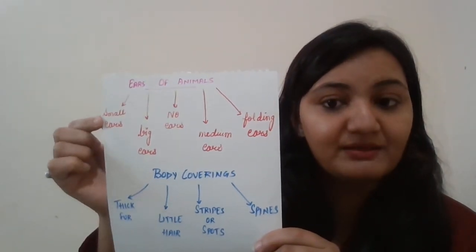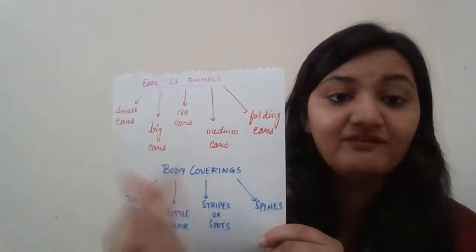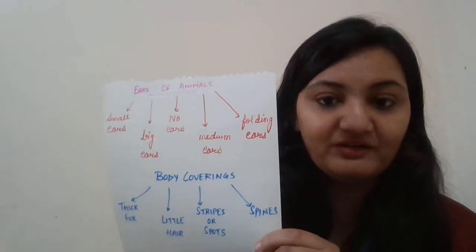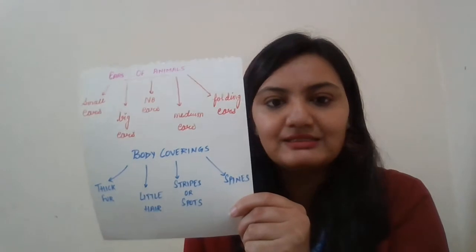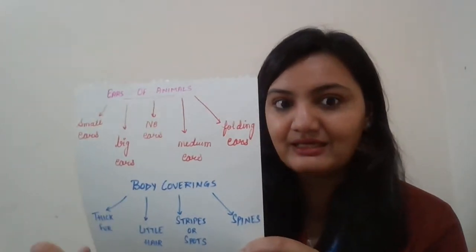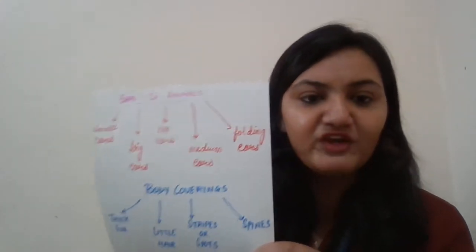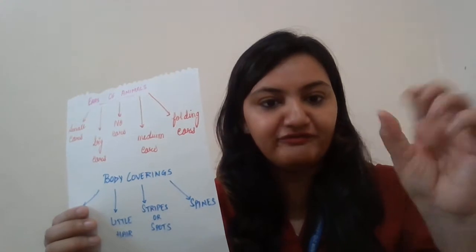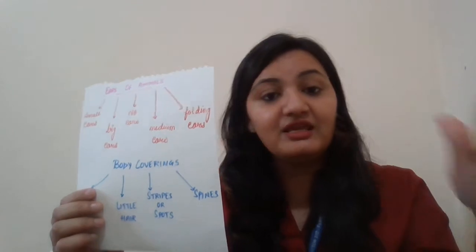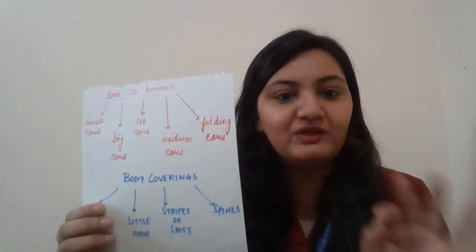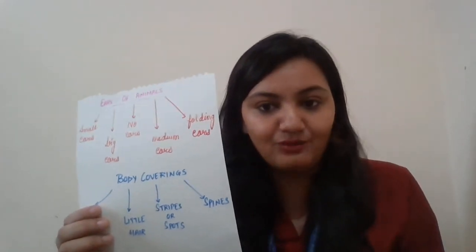Number one is small ears. Some animals have very small ears. Some have big ears. Some have no ears, for example, the snake. I'm giving you the example of a no-ear animal. Now, how does it listen? Actually, it's not listening, it is feeling the vibrations. You have seen a person with a flute, the snake charmer. The flute is played and the snake starts dancing. It is actually happening because of the vibrations created inside its body due to the surroundings, right?